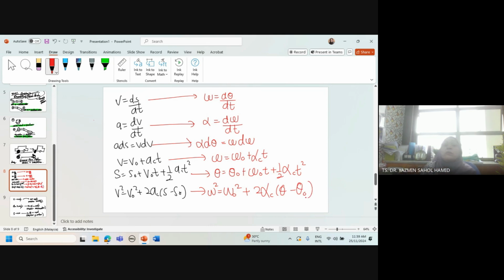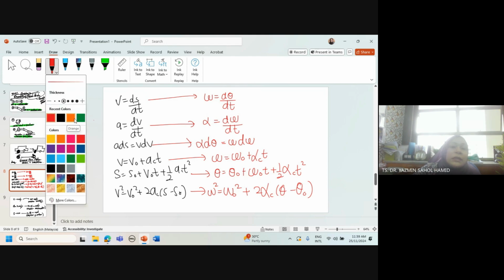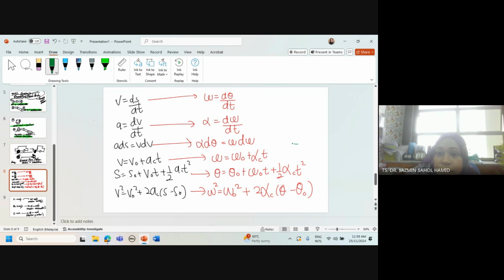Okay. Alright, please write down that formula. If you can do it yourself, it is better. Okay, so this is the formula. So what formula is this called? The first one is the basic kinematic, and the second one is the constant acceleration. But now this one